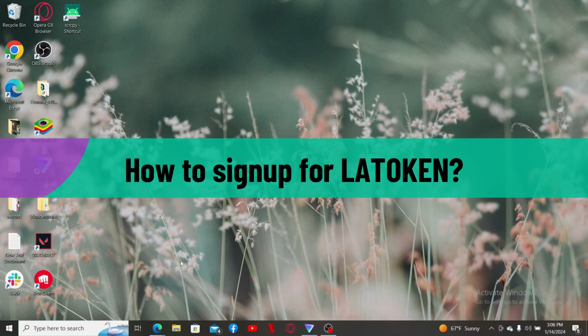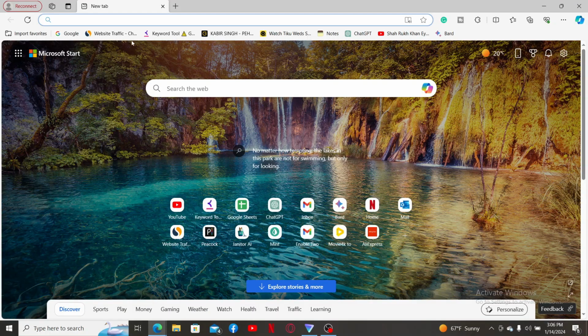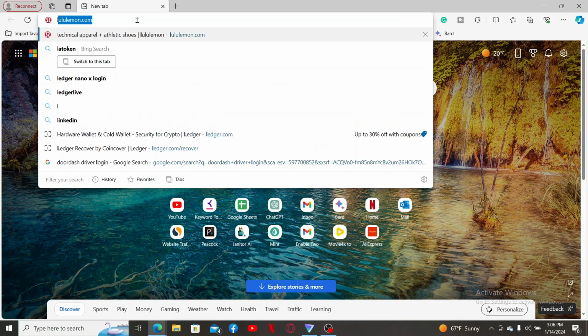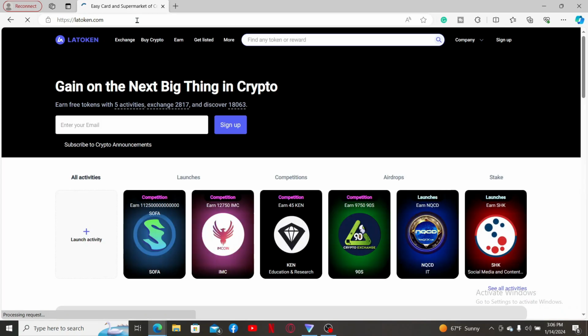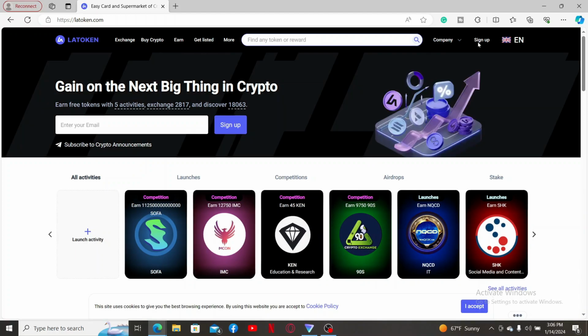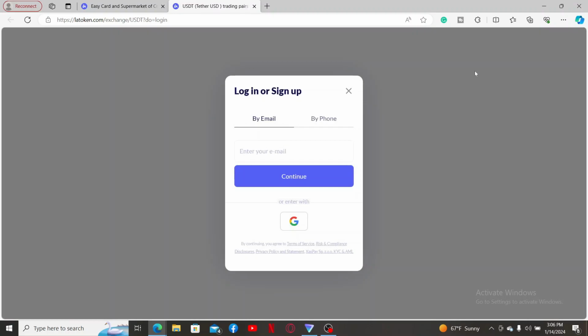First of all, open a web browser of your choice and enter the official URL for LATOKEN, which is latoken.com. Press enter on your keyboard to end up on the official web page of LATOKEN. Head over to the top right corner of the screen and click on sign up, and it will initiate the